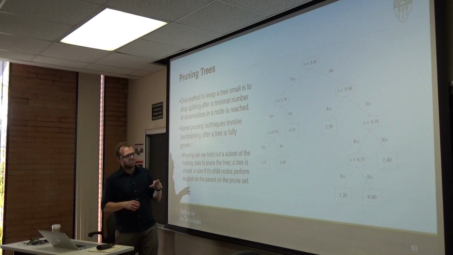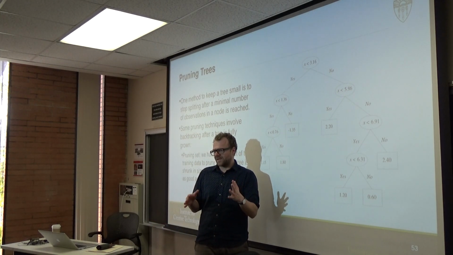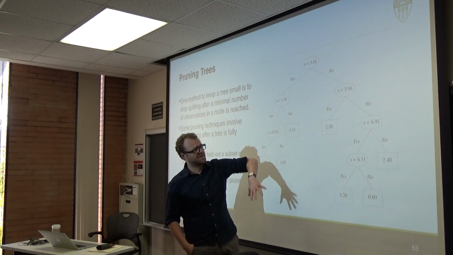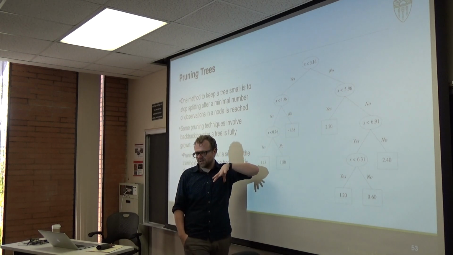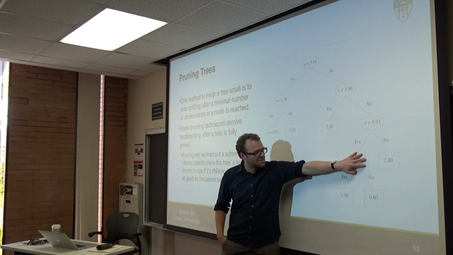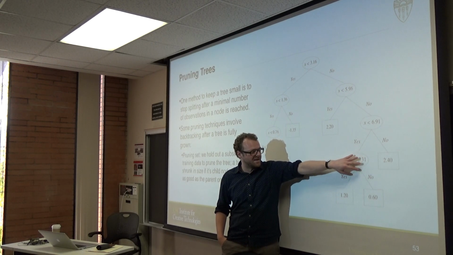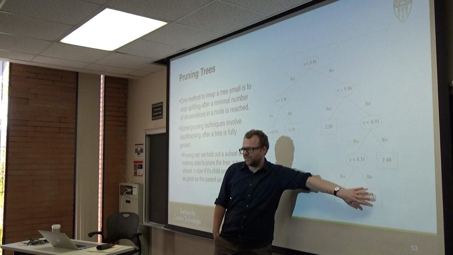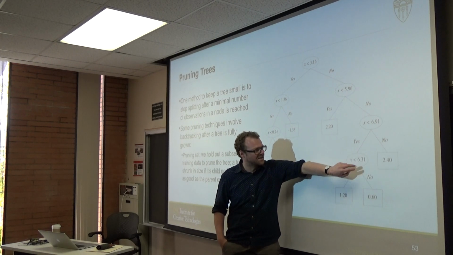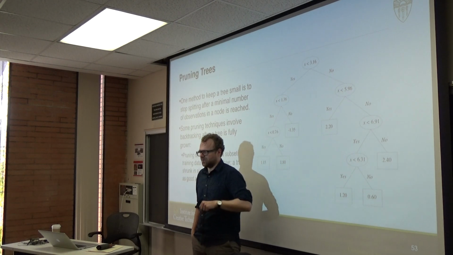But for example, what we would do is hold out a subset of our data as our validation or pruning set, so to say, and then we would run the pruning set through this complex tree and identify, for example, that this node has exactly the same performance as if we remove these two nodes. Okay, so if we just define here that this node now puts out a number instead of creating another split,